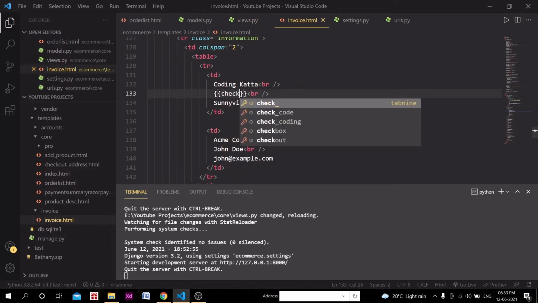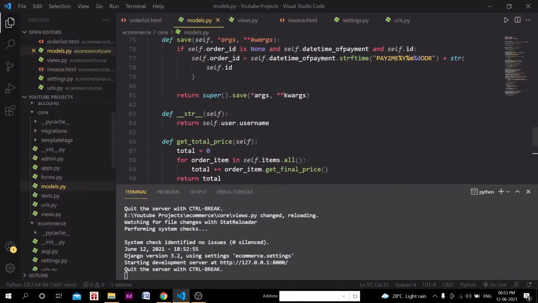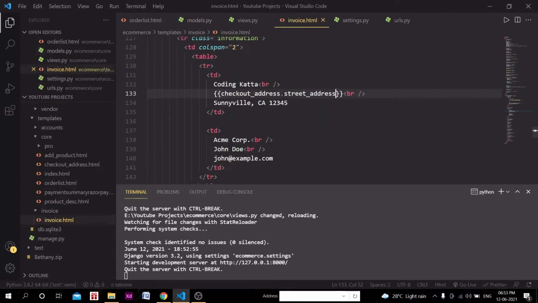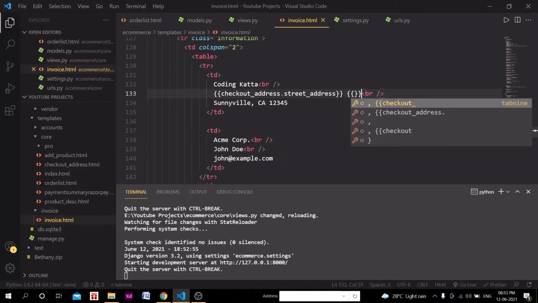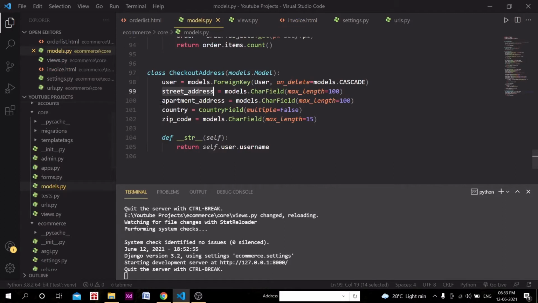checkout address dot, and we can grab all that values from that object, right? Likewise street address, right? So street address, we will grab that first, and then after one space we will have checkout address dot we can call apartment address.